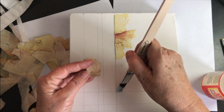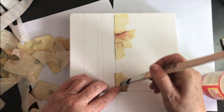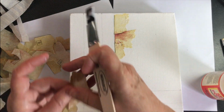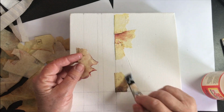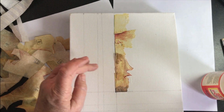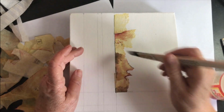And it's got a 90-degree corner, so I might just put that down in this corner here so that it just overlaps there. Now I'm trying to cover up these pencil lines too with this paper. This Mod Podge I've got is a very thick consistency. I probably could have added a bit more water to it just to make it a bit more